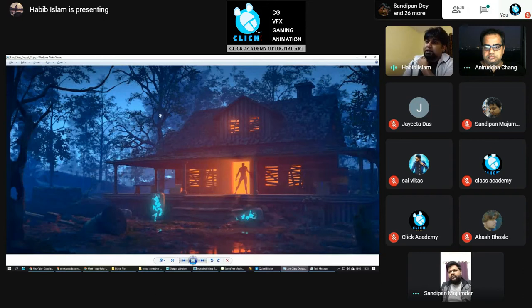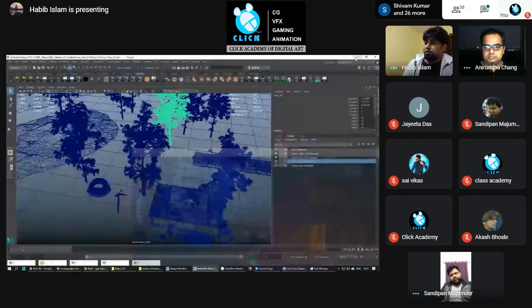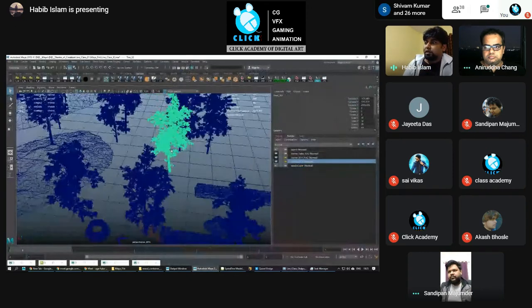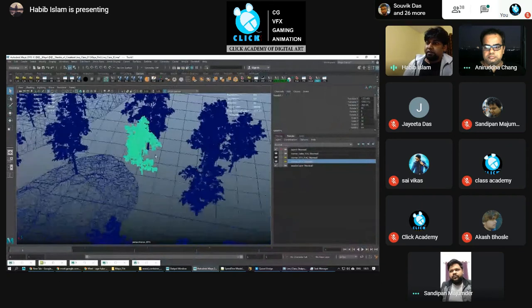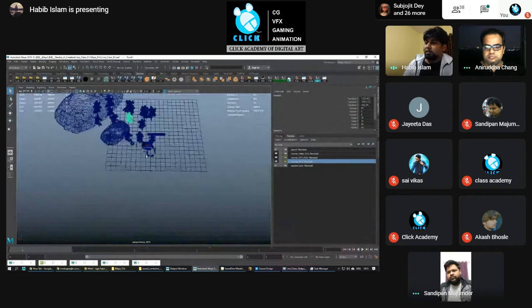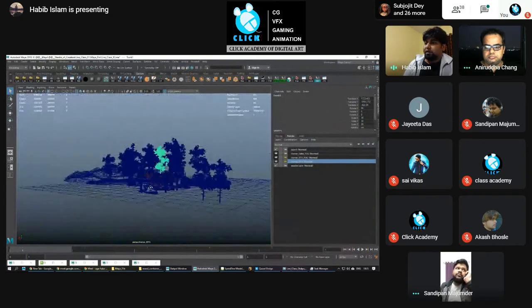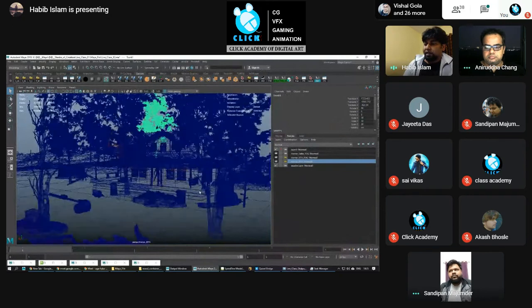There are only two, three kinds of trees only, but in the output you cannot see that repetitive pattern. So in Maya, I've used different rotation, different scaling, different translation, and everything is based on the camera. From here, I have the camera angle, and I've created everything on the camera-based angle only.